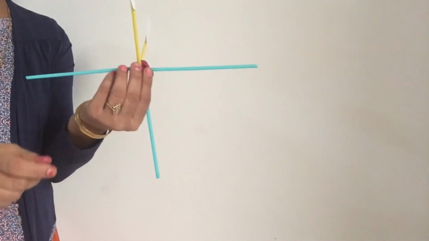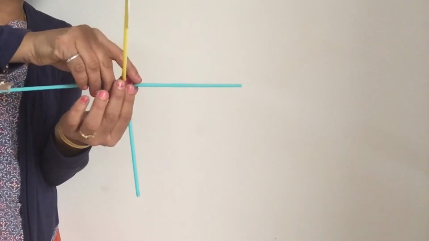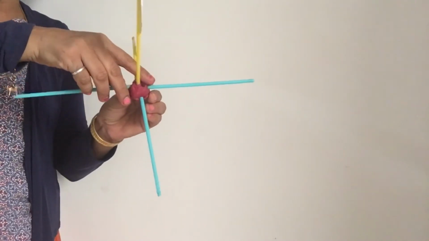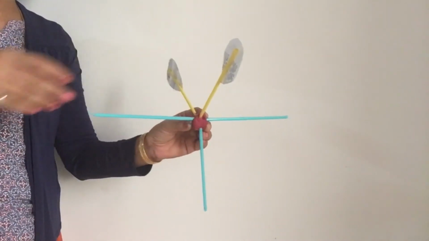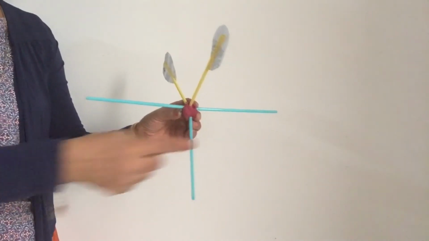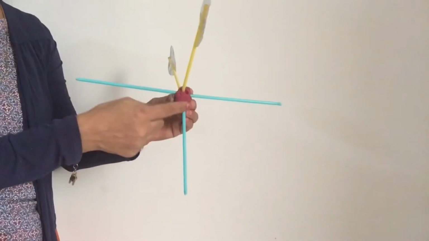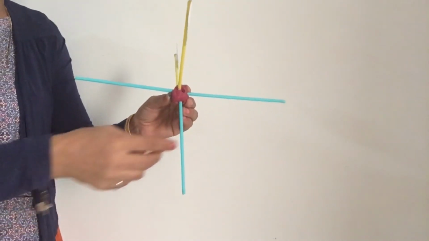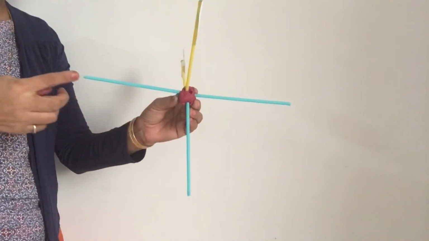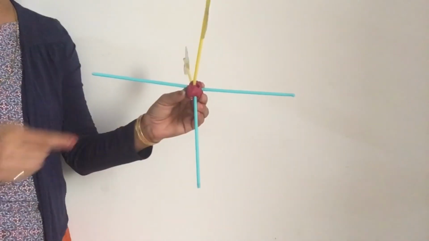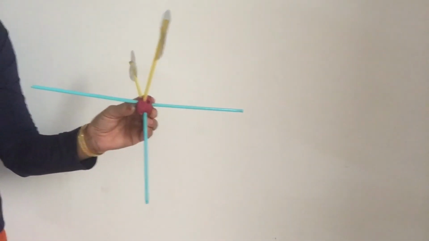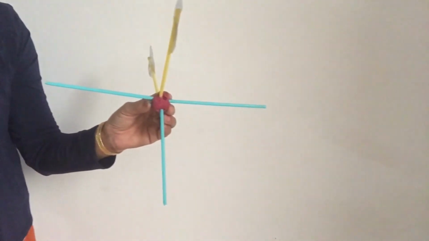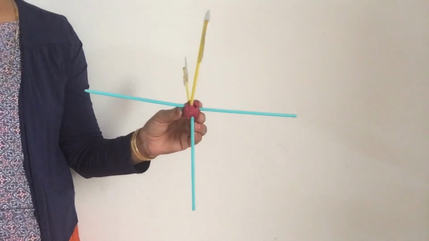Now look at the structure. What structure do you see? See the blue ones. See the blue. What shape do you see over here? Correct. It's green. My color sense is not so good. Fine. So this and this, what alphabet does it remind you of? Very good. It's the T shape. Correct.